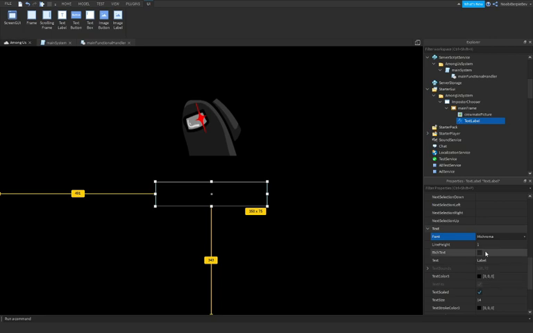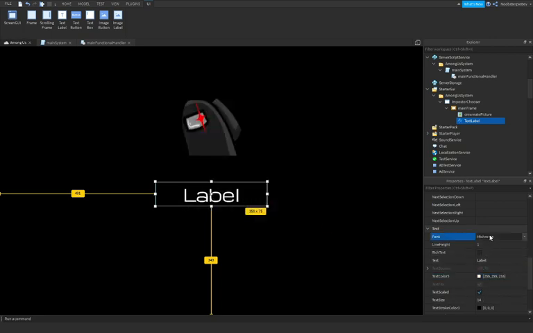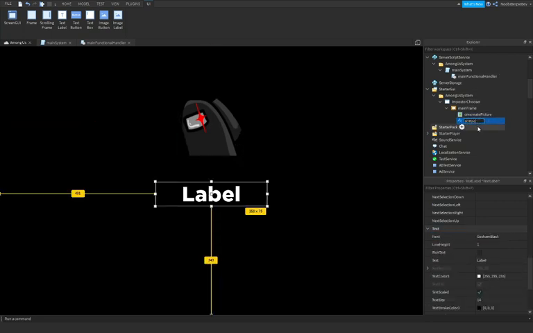Whoa, new fonts. Wait, no way. Did we just get new fonts? Wow. Okay, that is cool. But we're gonna use the Gotham Black because it's one of my favorites and it is super handy. Anyways, the scripted label,